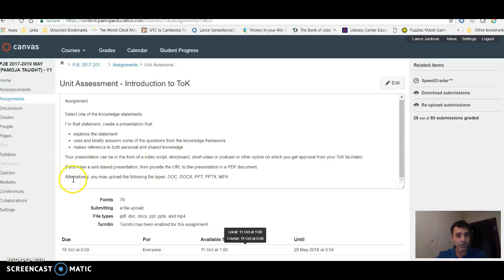But alternatively, you could upload one of these other task file types. That was an alternative. Many of you did that as the main thing, as the main task. Wish you hadn't, because, endless, boring PowerPoints, get to see them years on end as a teacher, and it's over and over and over again. Okay? Would it be nice if you'd done it in the form of a video script, a storyboard? Wonderful. Lovely to do that, because that's what you were asked to do.